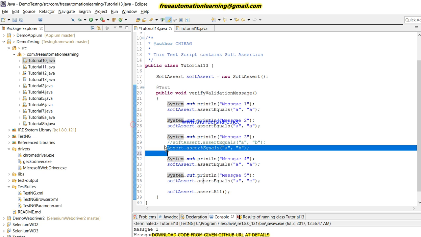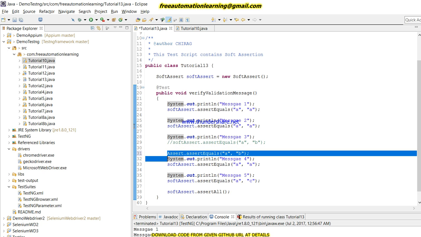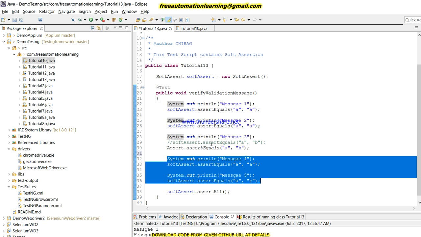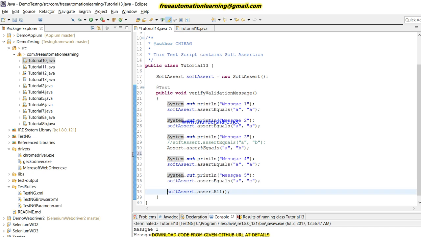So message 4 and 5 do not execute. But if we use soft assert, then all messages would execute, and when we put assertAll, at that time it fails, right?